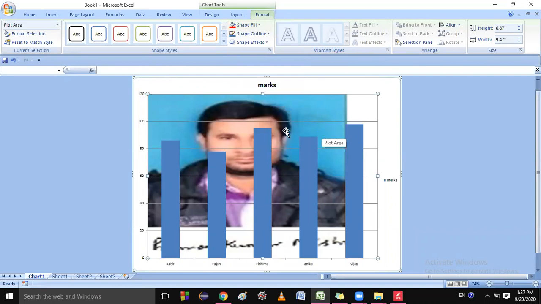Wait, the water is coming, it's raining very highly. So let me save my computer. Just wait. Is it raining at your home also? Yes. It's heavy raining over here. Heavy, very heavy. Here not heavy. It's very heavy, very heavy. My laptop is just, let me dry it by cloth.